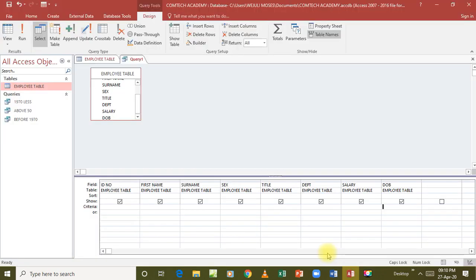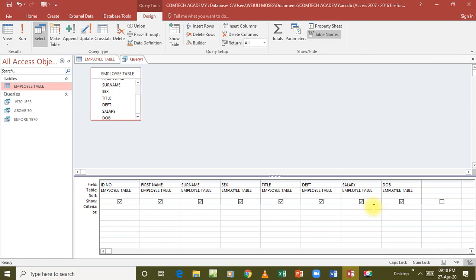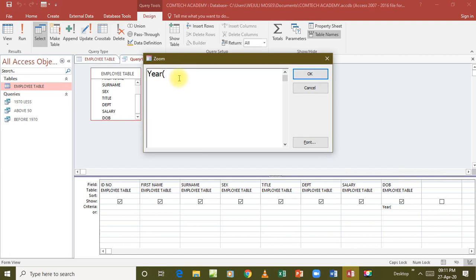Now we create a query to display employees who were born between 1960 and 1970 as per our question here. So we shall come and say, yeah, it's what we are considering. Maybe let me just zoom this one here so that everyone is able to see whatever I'm doing. Yeah, and which year are we considering? We are considering the year, but from which field? The field is called date of birth. So we come and say from date of birth, and after doing that, we now say the year should be